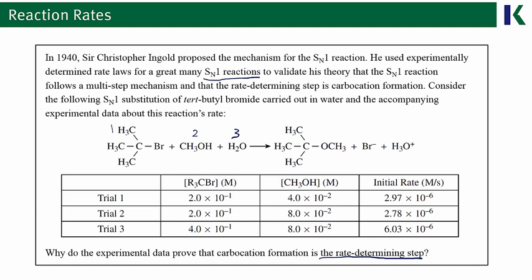My first question for you is why? Why does the fact that there are 3 different reactants prove that this SN1 reaction must be a multi-step mechanism? The answer comes from what's called the collision theory of reaction. In this theory, the central assumption is that for molecules to react, they have to bump into each other in space or in solution. You can imagine the odds of 3 separate molecules all bumping into each other at the